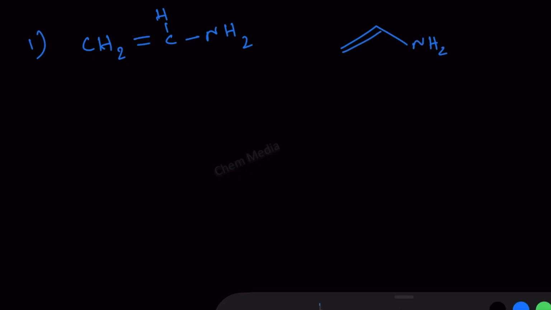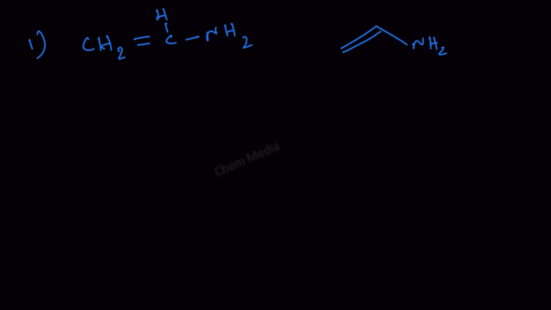Number 1, we are going to write vinylamine, that is CH2 double bond CH NH2. This is vinylamine and the corresponding structure in bond line notation is 1, 2 and then the NH2 group and then the double bond. Let's number it 1, 2. Vinylamine is the common name, but the preferred IUPAC name is ethenamine. That's the preferred IUPAC name,